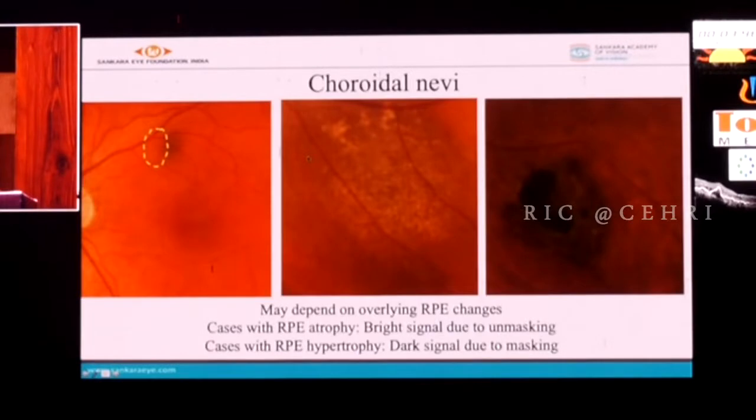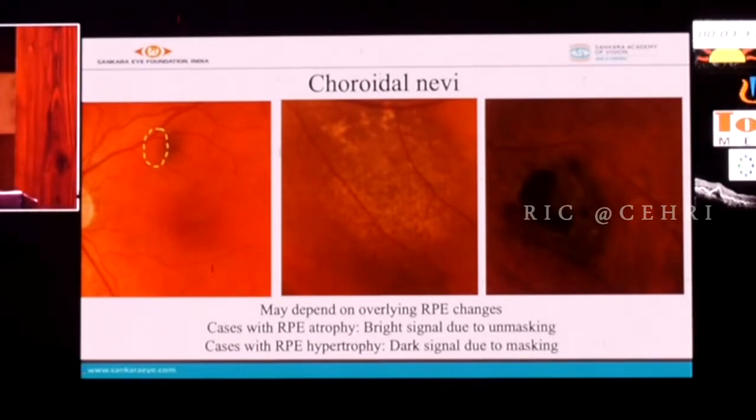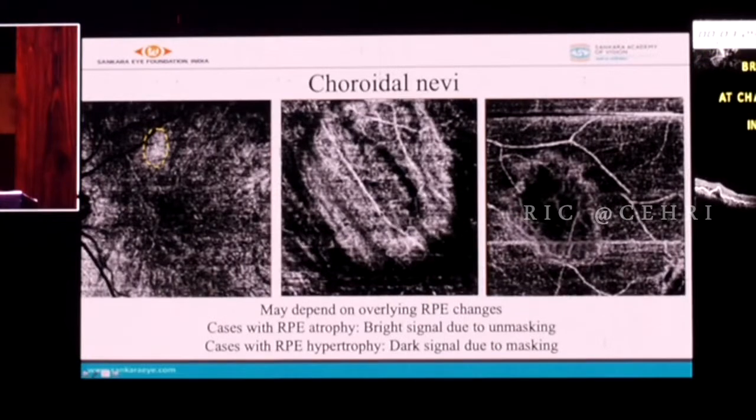Choroidal nevi, it depends on the overlying RPE pigmentation. If it is thin or atrophic, you see the underlying vasculature much better. And here the vessels are arranged much more linearly, and they are generally more hyperreflective as compared to a melanoma, which has multiple areas of hyporeflectivity. You can see this is brighter. You can see some of the vessels here which are arranged in a linear pattern, and here the pigment blocks it.